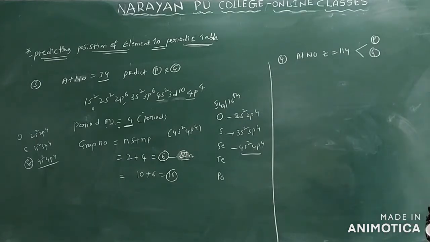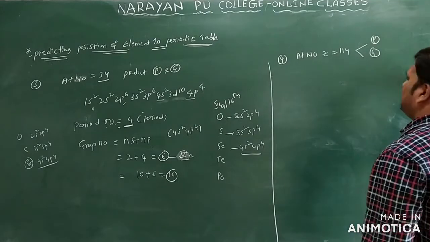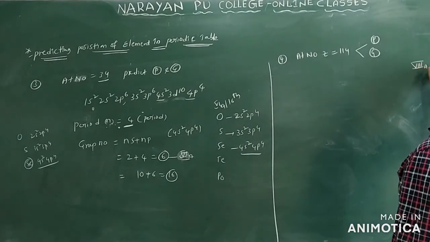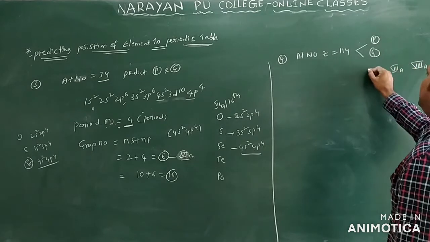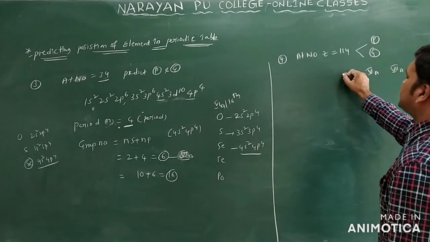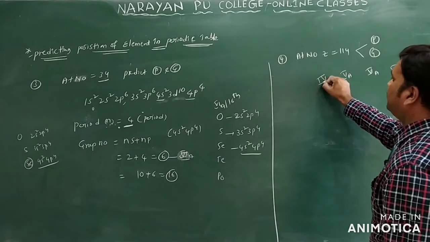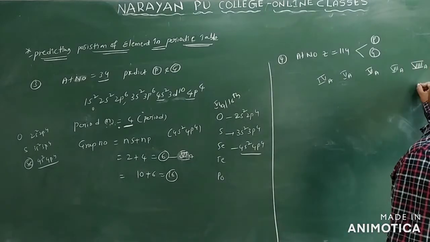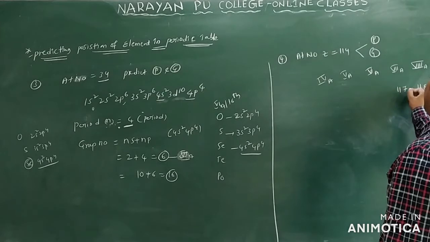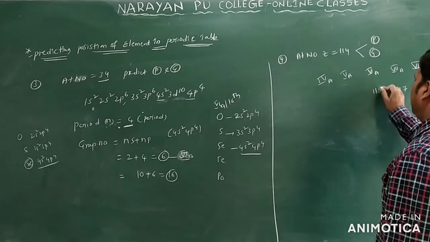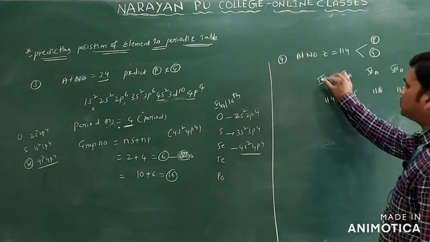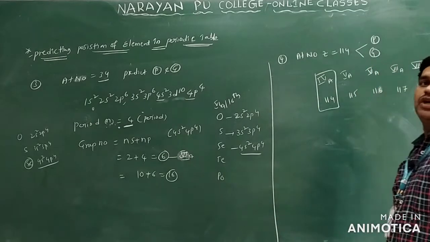So for that, what I am writing here: generally, if you see the periodic table, noble gases are there. Noble gases generally come under 8th A group elements only. I will write here 8th A group elements. After 8th A we have 7th A, after 7th A we have 6th A, after 6th A we have 5th A, and after 5th A we have 4th A group elements. Clear? Now we will see here 8th A group elements are there. Generally I will write this one 118, this is 117, this is 116, this is 115, this is 114 only. So 114 may belong to the 4th A group only.